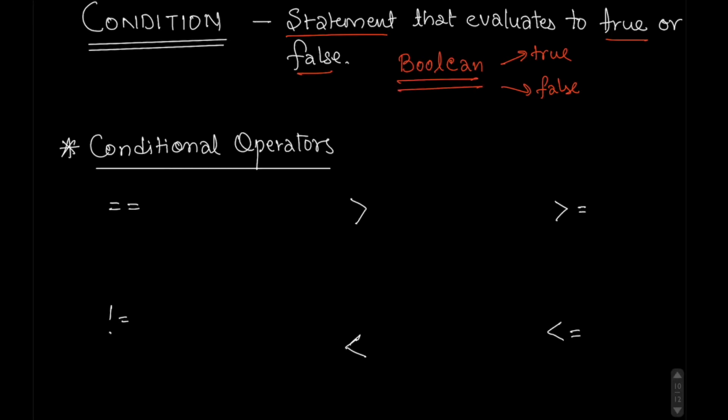If you are getting confused, just ignore it. We'll see it when we write the code. So a condition can be written with the help of conditional operators. I've listed down 6 conditional operators and we'll go through each and every one of them with examples to understand how